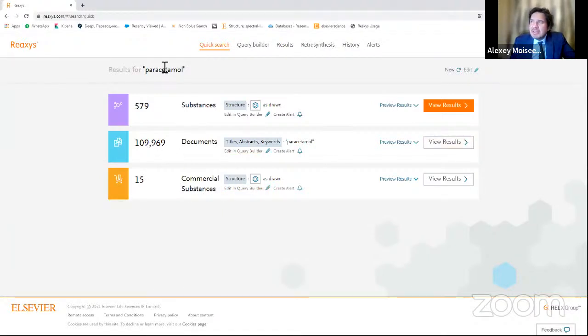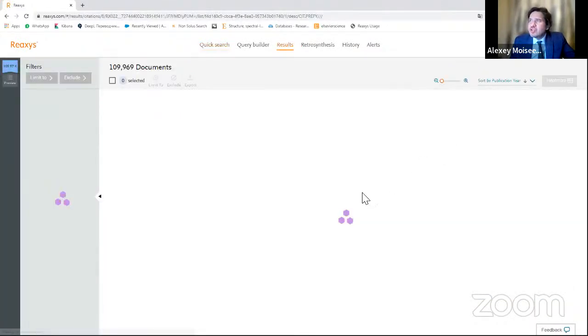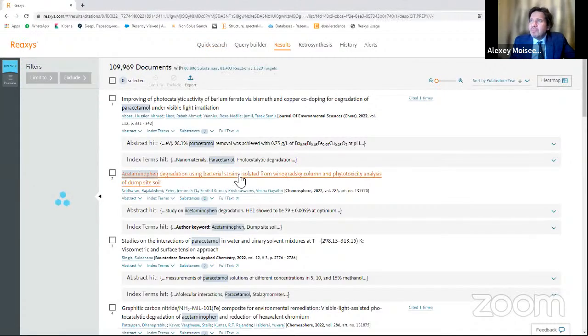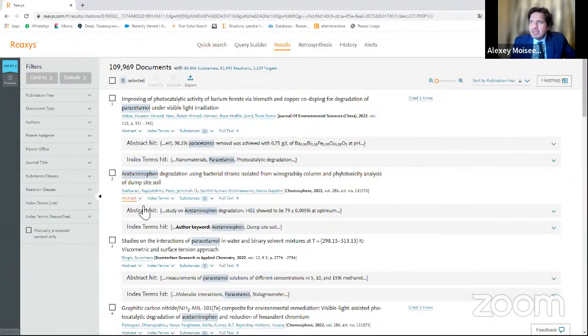Next, the database where we find information about paracetamol is the documents database. Let's show what is inside our bibliographic database about paracetamol. We find a lot of documents, more than 100,000 documents about this, and you would spend all your life reading all these documents, sorting them, without the special features that we integrated in Reaxys.